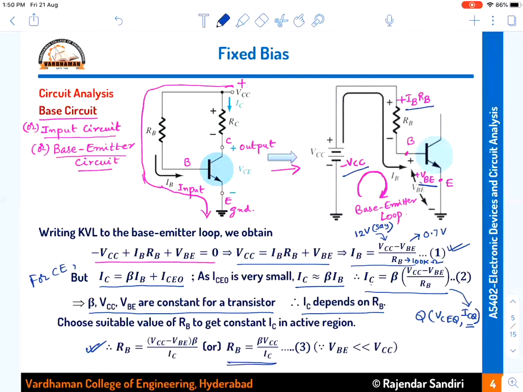So you have to suitably choose this: if the IC value is to be more, your RB value should be less, or if the IC value is less, then your RB value should be large. How to choose this RB value: you can calculate by selecting that IC should be in the active region. To keep the IC in the active region, what should be the value of RB? This is the way we can calculate or choose the RB value. So in this base circuit, we calculated the y-intercept, which is ICQ, from equation number 2.